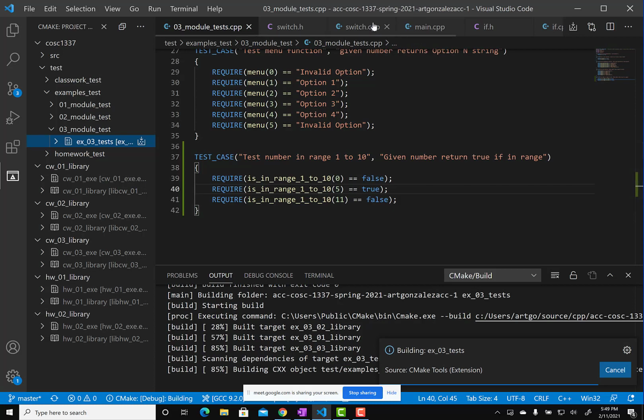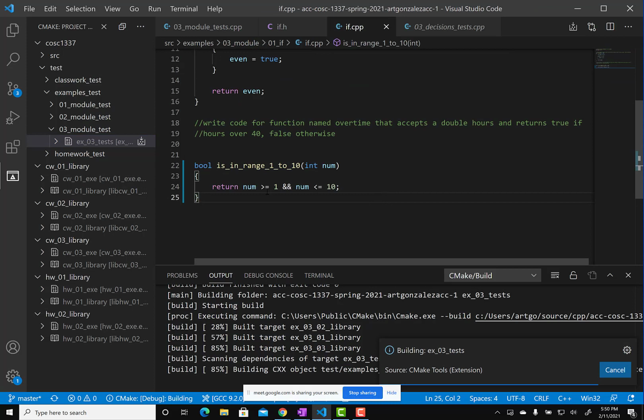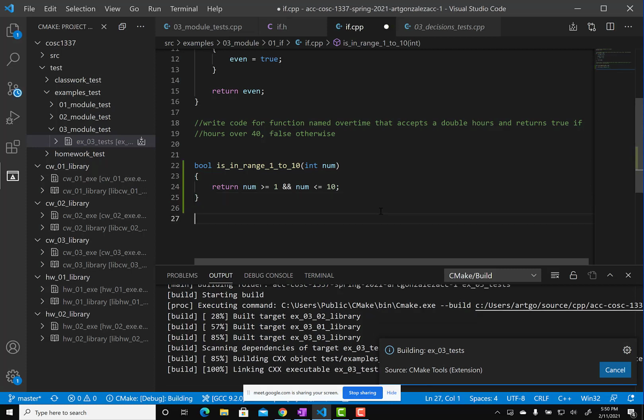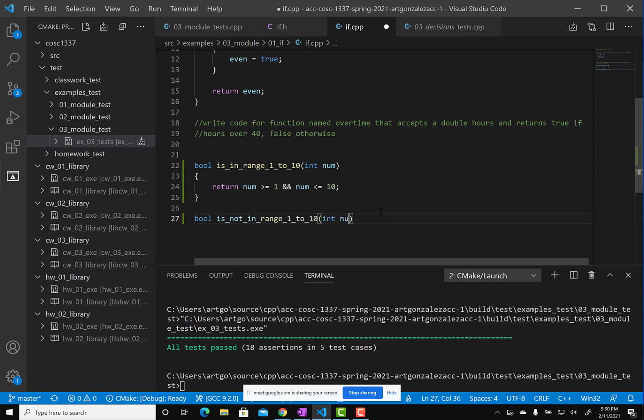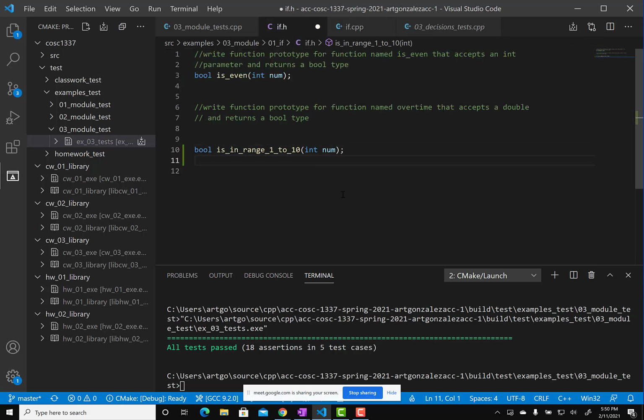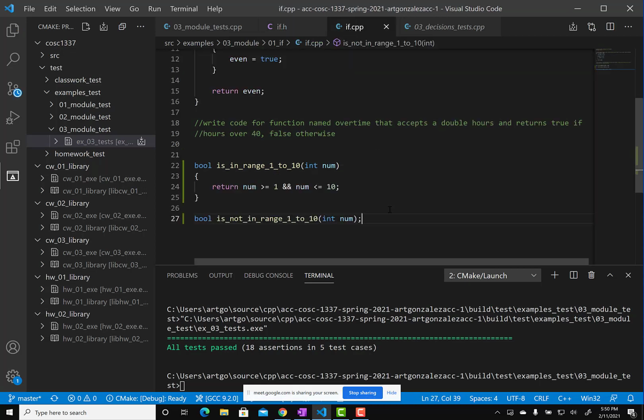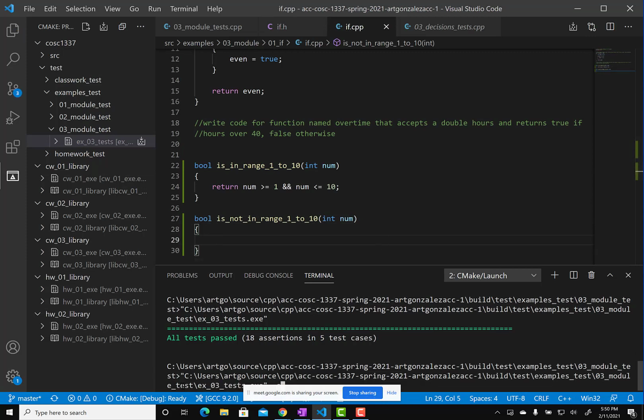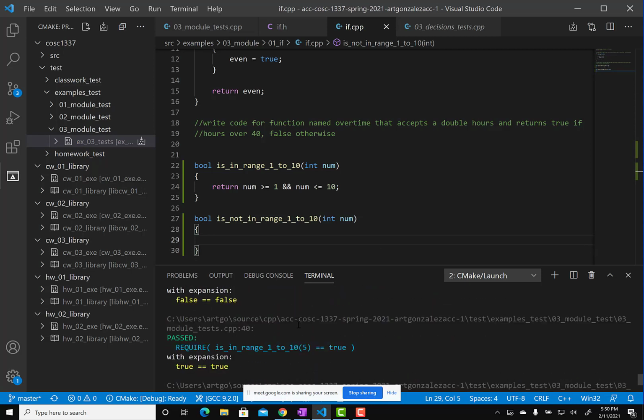So then we come back to the source code. Close switch, main, if. Okay, so I was saying this should be okay for in range. Then I said linking once it starts linking, because sometimes when I start typing, it freaks it out. So then we'll say it's not in range 1 to 10, and then we'll use a number. Again, we could have done this in main, but it's always better just to practice. Actually, this is okay here, and over here we write some code. So everything passes, up arrow space dash S enter. So we're good. Like 11 is not in range, 5 is in range,